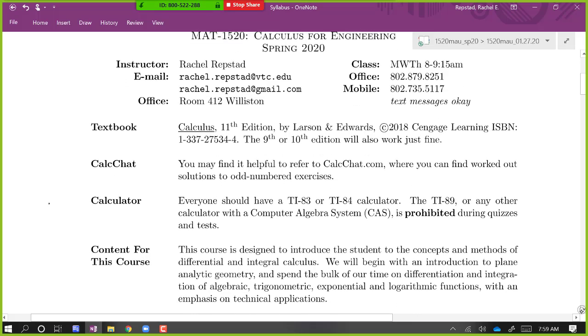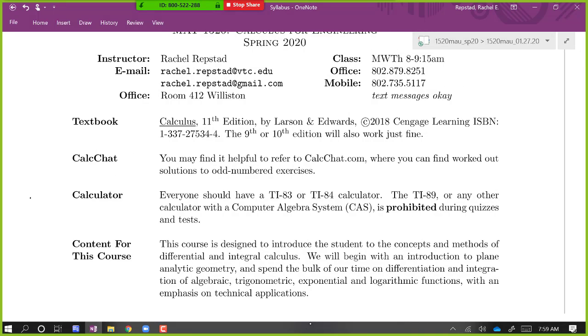One of the things I want to draw your attention to is a resource. I assign practice exercises that I don't collect for a grade. Usually it's really obvious when I'm assigning something that you're going to turn in, like there'll be a big due date on it. That's your first clue. So we have in-class quizzes, and we have problem sets that are assignments that you'll turn back, and there'll be a due date on those.